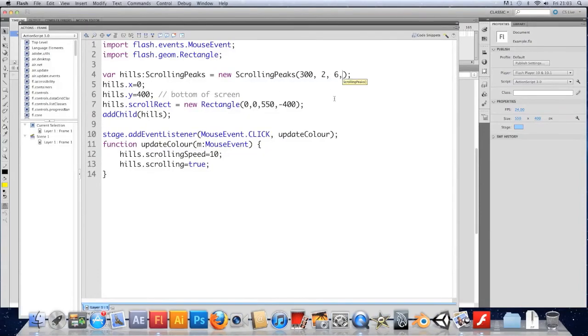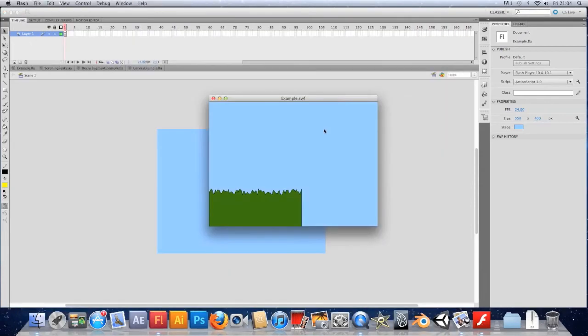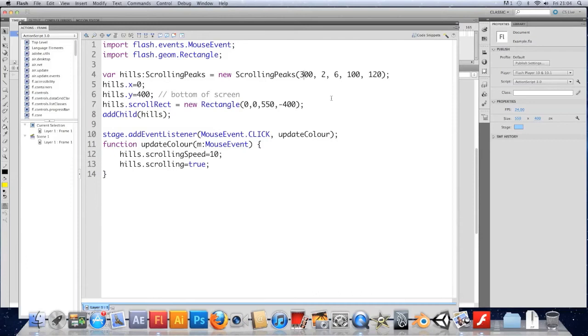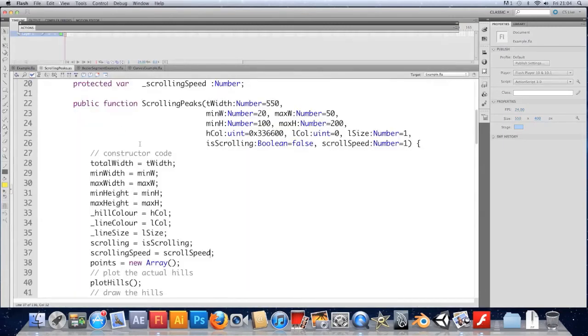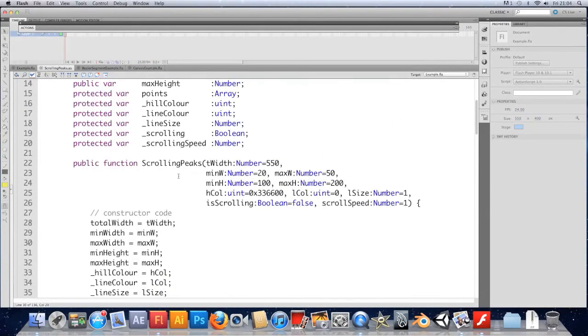Can change the heights, make them smaller. Let's have 100 and 120. And it's, again, small and bumpy, so it's definitely working. Let's just put that 300 to stage.stageWidth. So it's just taking the stage width as default. I'm going to get rid of the rest and just work with defaults. So that works. Okay, and we're now in a position where we can extend this class and make scrolling hills